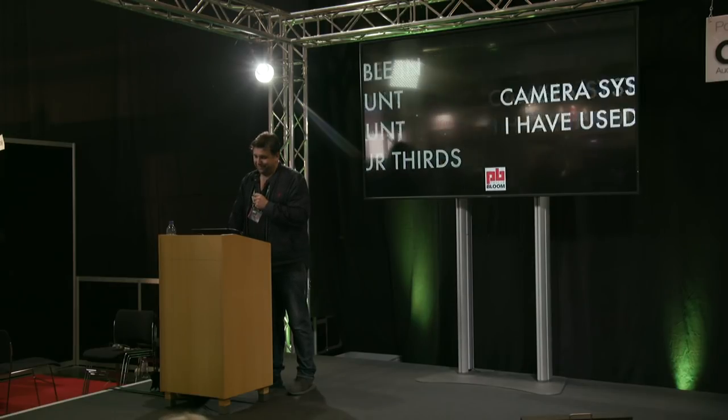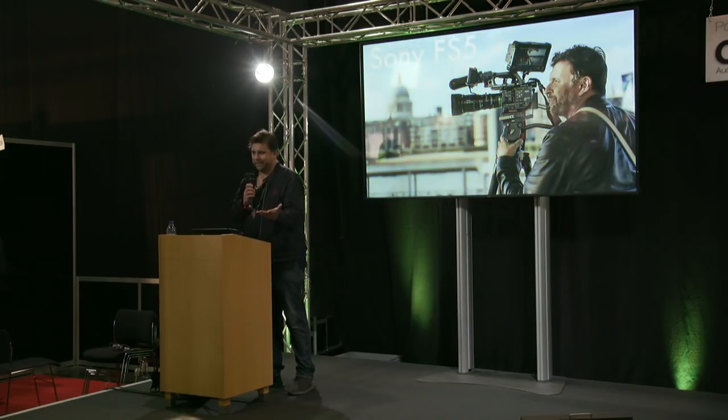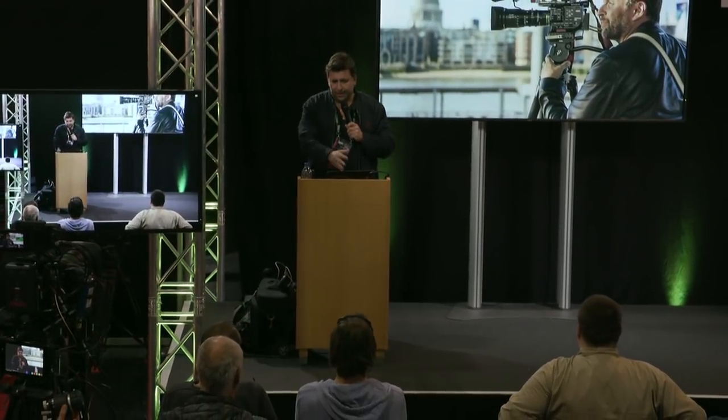A bit weird. So here's some of the cameras I've used. See, look at those cool transitions. That's amazing. FS5 was the first one I used it on. And it was great. Really, I like the FS5, but I am selling it. So if anyone wants to make me an offer, because I'm getting the FX9. FX9, is it FS9 or is it? I get confused. Anyway, it's a great